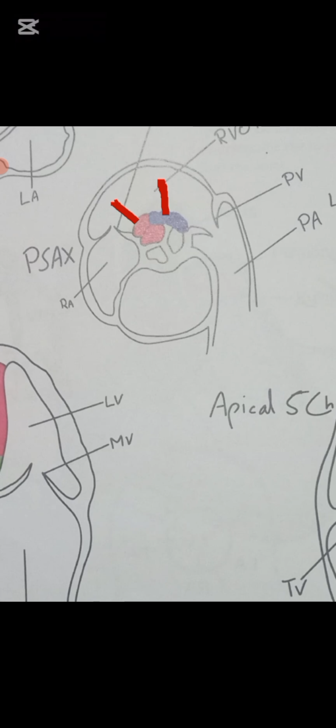And if the VSD appears here, near the pulmonic valve, this is called supracristal outlet VSD. The second name is doubly committed, and some people also call it subpulmonic VSD. So never be confused by the VSD names. There are multiple names for a single VSD also. So look carefully at the diagrams and you will know which type of VSD it is